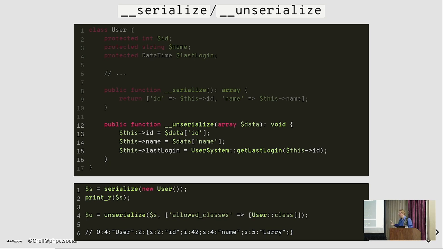If you want to do something other than that, then you can implement these methods and do pretty much anything you want, including really dumb things like calling out to globals. If you need to reconnect objects like this, that means you're doing it wrong, because there's no way to get that kind of data without going through a global of some kind. And also note a security issue here. You should specify what classes you're allowed to unserialize to. Otherwise, this is external data that is a potential security threat, and you could deserialize classes you don't expect. There are known attack vectors that way.